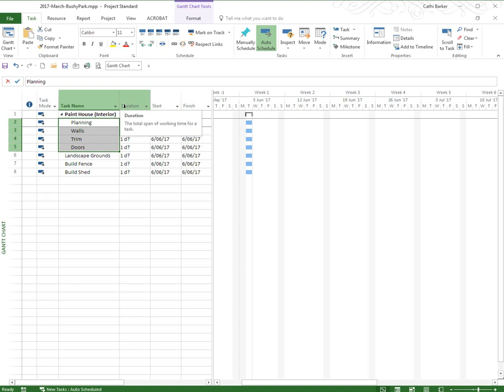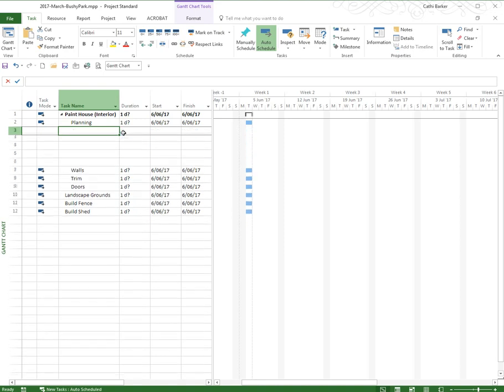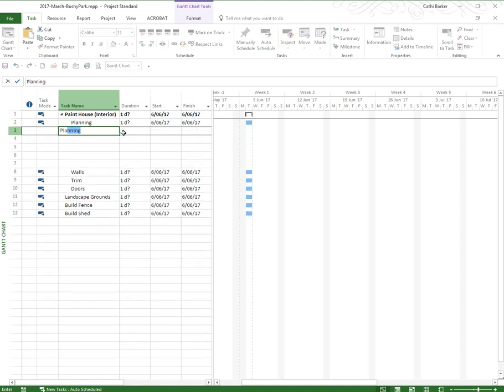Now I'd like to insert some more tasks, and I would like to insert them under planning. So I'm going to click on walls, which is under planning. I'd like to insert 5 tasks, so I hit the insert key on my keyboard 1, 2, 3, 4, 5 times. I'm going to put Plan House Paint,